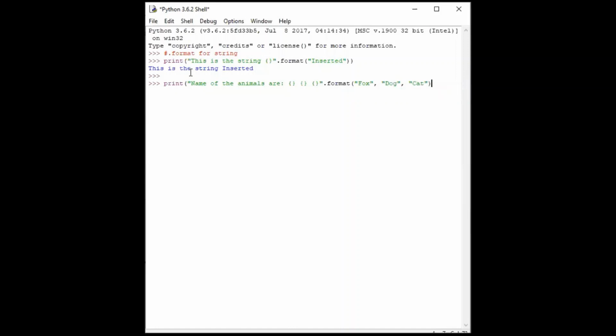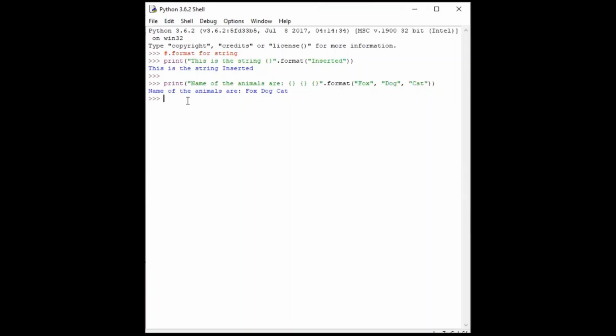So, bracket over and bracket over. This is printed according to the given sequence: fox, dog, and cat. Fox comes in the first empty bracket, then dog in the second empty bracket, and cat in the